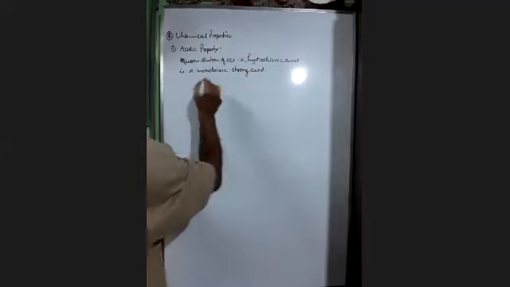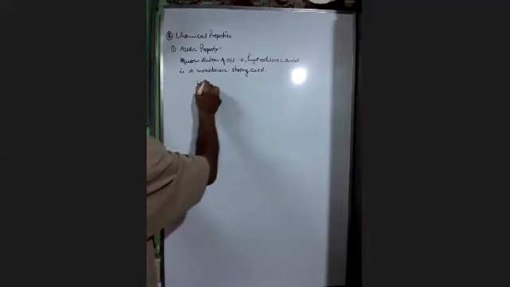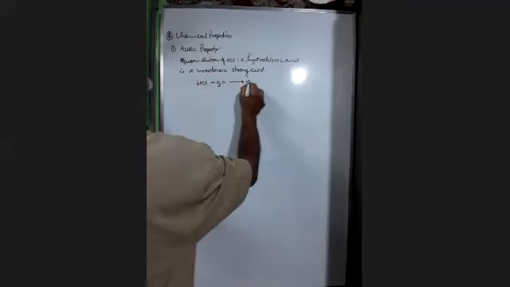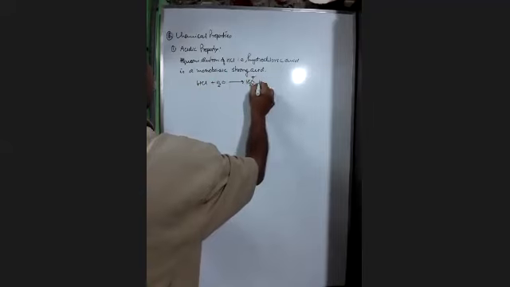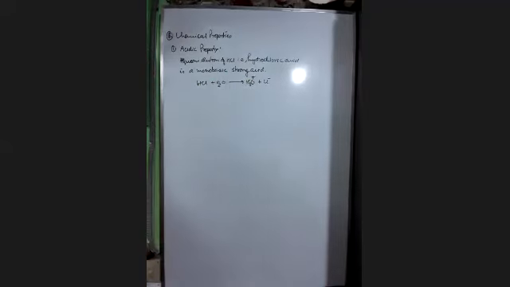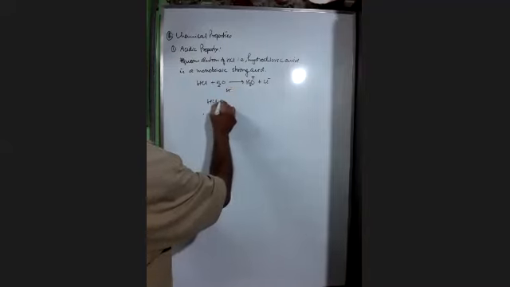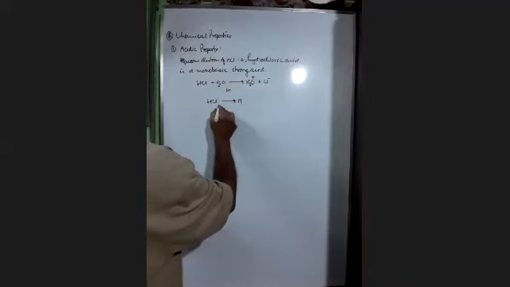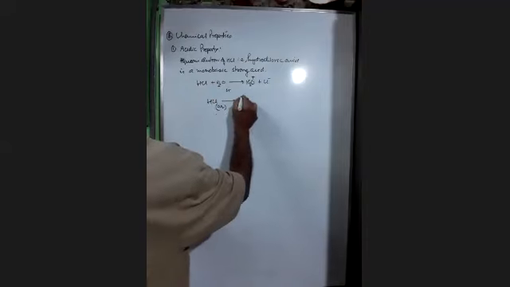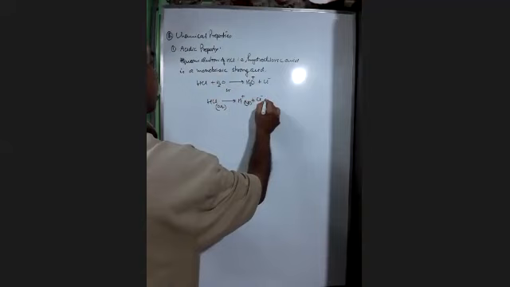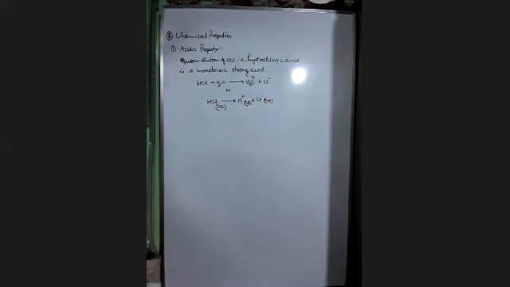So what should I write now here? HCl plus water, it will give you H3O plus and Cl minus. Or what I can write? HCl aqueous gives us H plus aqueous and Cl minus aqueous. Okay? This is the